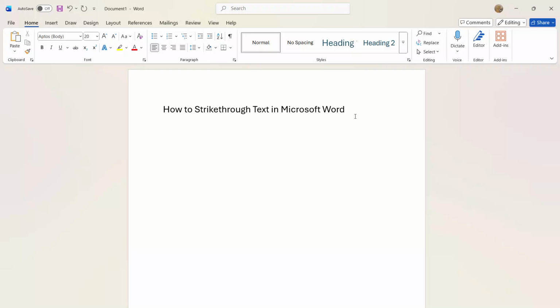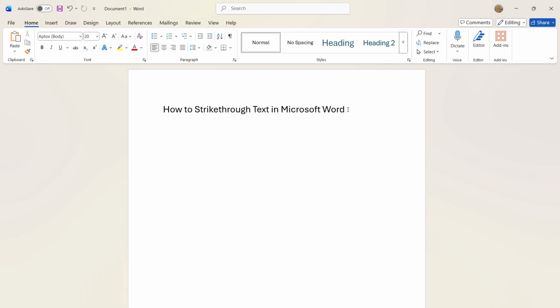In today's video, I'm going to teach you how to apply strike-through formatting to your text in a document. Whether you want to cross out certain parts of your text for editing purposes or simply add a visual element to your work, knowing how to quickly apply a strike-through can be incredibly handy. Let's walk through this process together, ensuring that by the end, you'll feel confident using this formatting feature whenever you